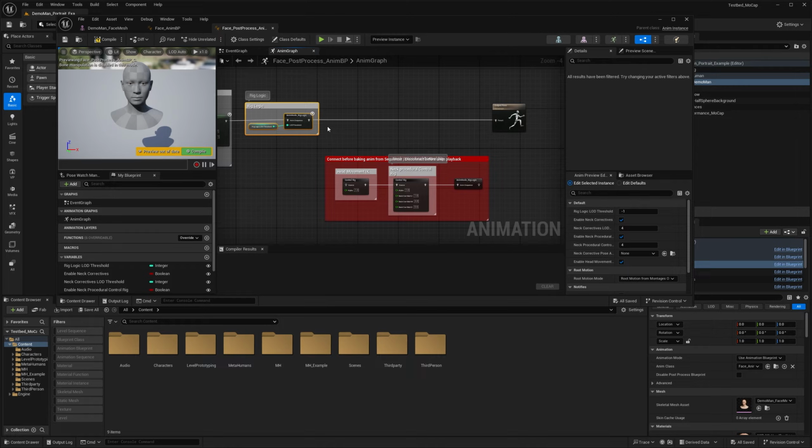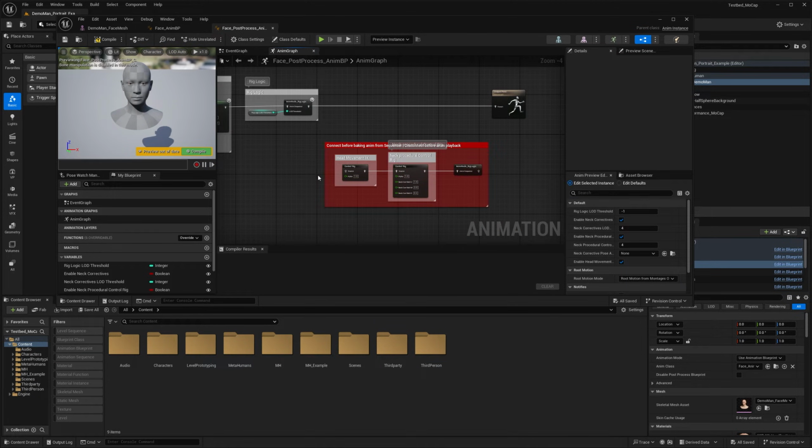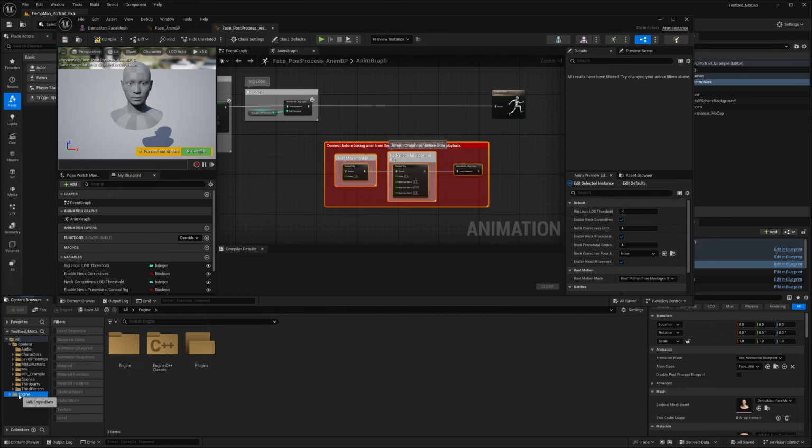And what you want to do is slide this out and then bring in this group of nodes here. Now where I got these nodes is actually from another post-process blueprint. I believe it may be an outdated version of MetaHumans, but it is the only way I was able to solve the neck issue: by plugging this in, baking out the animation, and exporting it. So in order to get this little block of nodes, click on the engine folder over here